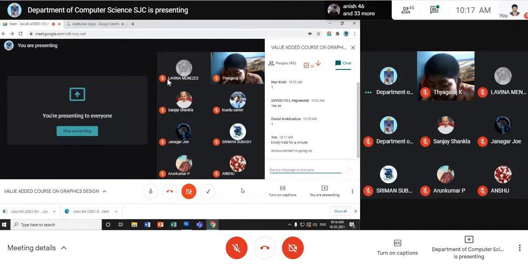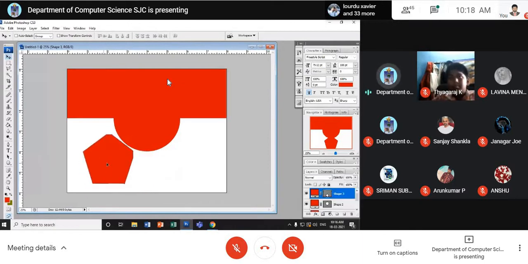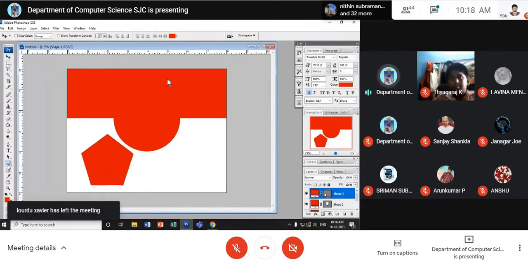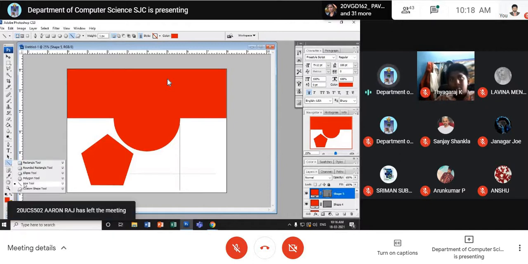Okay, the announcement is over. Now look here. I'm back. You are able to see a polygonal tool. Okay, polygon. You know how the polygon shape you can make use for logo design, right? And you have the line tool. See, you can draw a line. You can draw a vertical line or a horizontal line, any way you want. If you want a straight line, you have to press the Shift key.